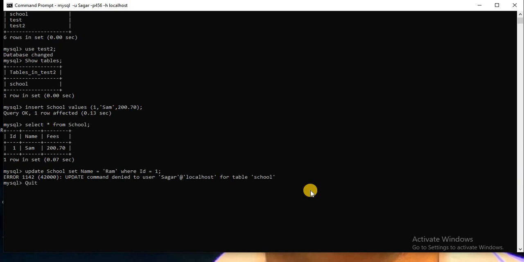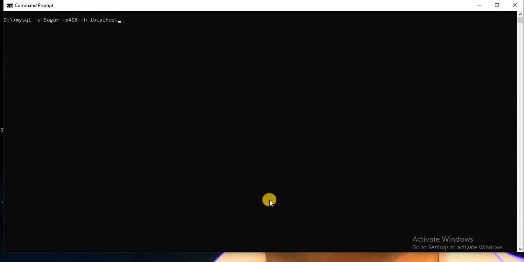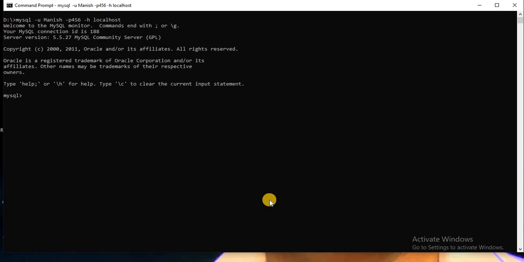Now move to another user. I clear the screen, cls. Move to the Manish user, because Manish holds update privileges. Successfully entered. Now use the test2 database. Now I want to update tables. Table name is, suppose, school